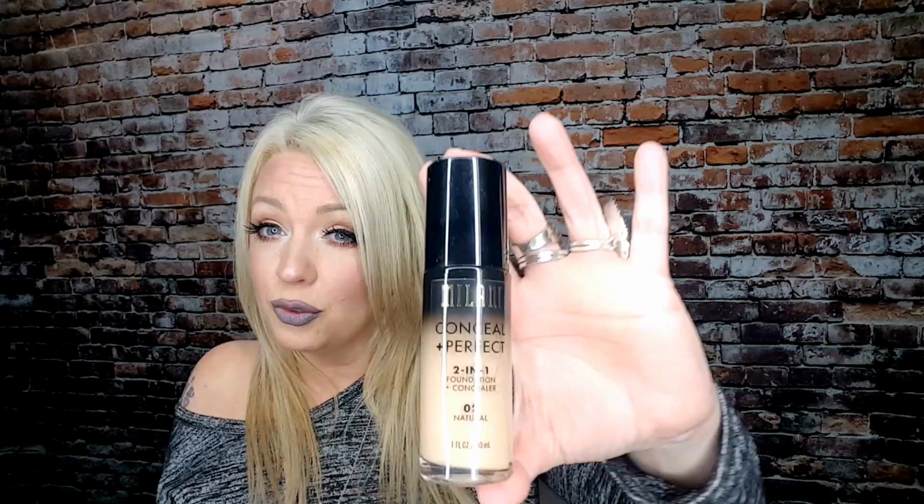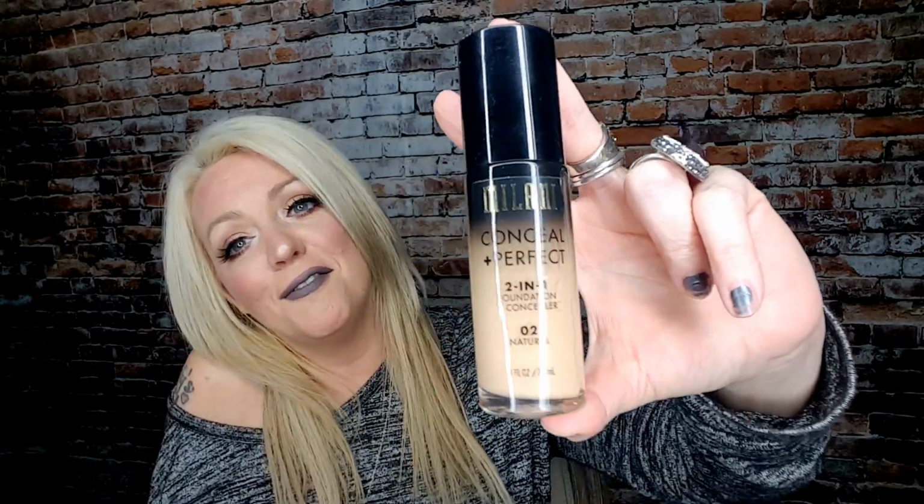$9.99. I think I got mine at CVS, and I'm telling you, it is so good. For the price, you just can't beat it. If you can find your match, it is so worth it. And I think it's really, really great for combo to oily girls. I have not had any problems with it. So that is my favorite drugstore foundation. So I showed you my 4 high ends, and this one is my 5th, the drugstore. Now, if we have time, let's run over and do the 5 of my favorite